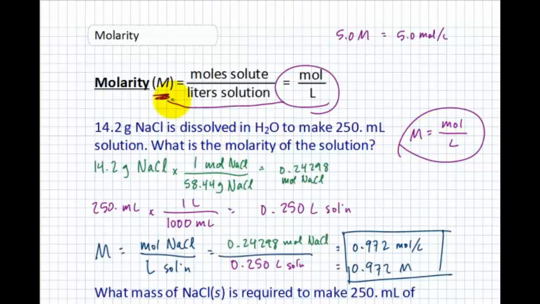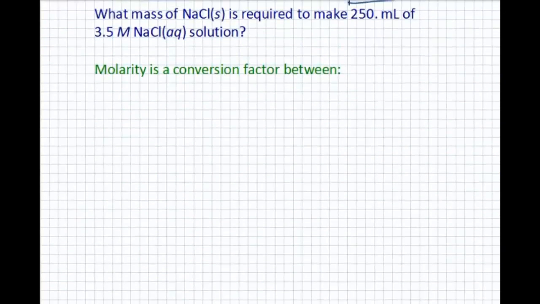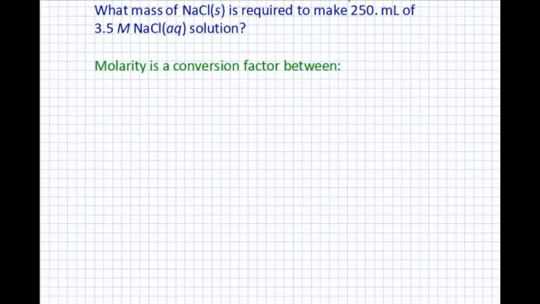If you're not given moles and liters, you have to do conversions. We did something very similar to this with density at the beginning of the semester. So if you're not given the right units, you have to convert them first. Another common thing that we'll have to do is to be given a molarity as part of a problem. And just like when we had a percent, if you're given a molarity in the problem, you use it as a conversion factor. So what mass of sodium chloride solid is required to make 250 milliliters of a 3.5 molar